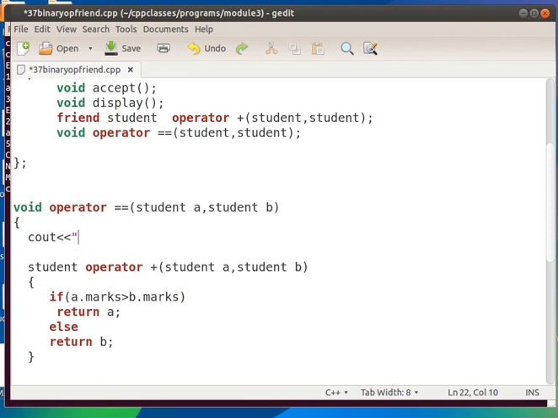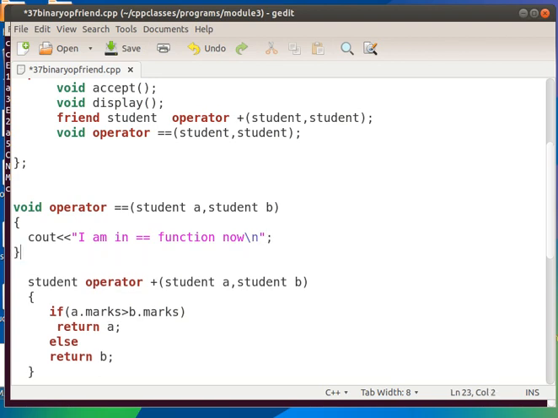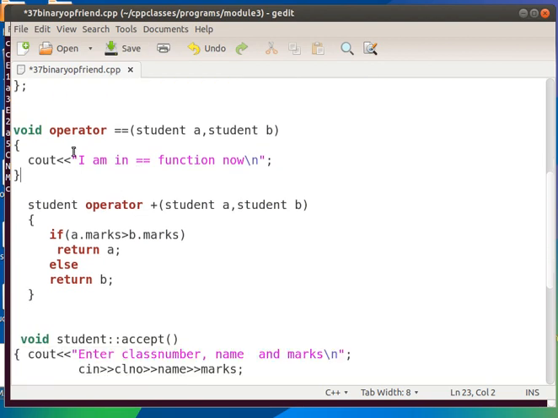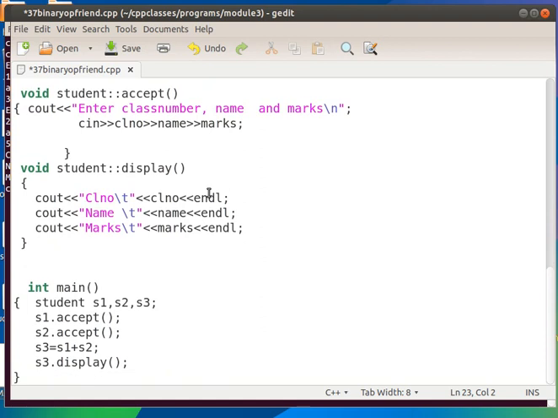So I am in equal to function now, just to show that execution was there. Okay, so it is void, it accepts two arguments. Here also I am giving S1 equal to S2.